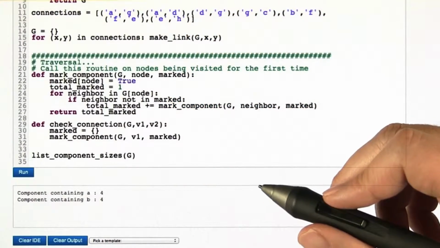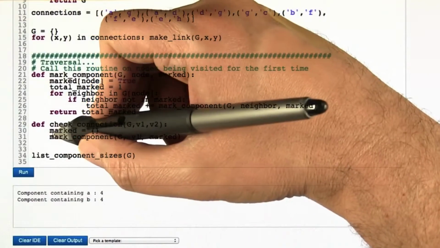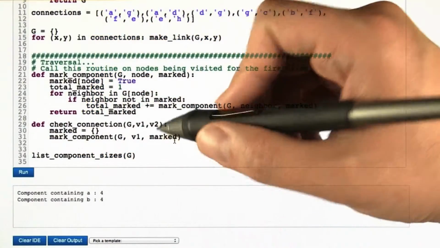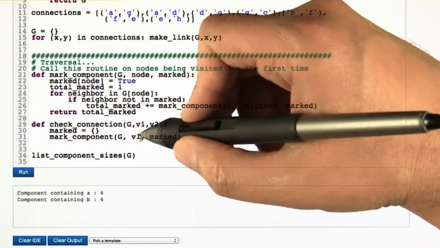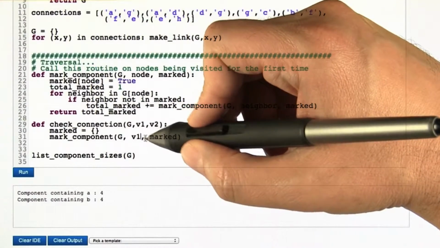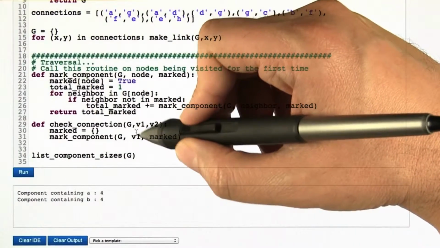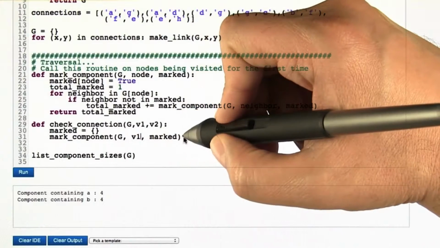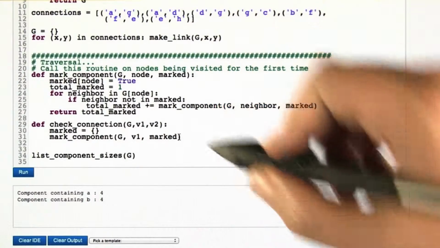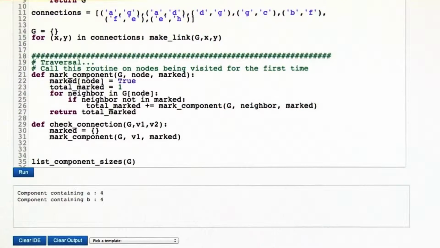is v1. And what that's going to do, when this returns, it's going to return a number, but we're just going to ignore it. It's going to go through, starting at v1, and mark, like basically touch every node that can be reached from v1. And we want to find out whether or not there's a connection to v2, and that's really easy at this point. The answer is